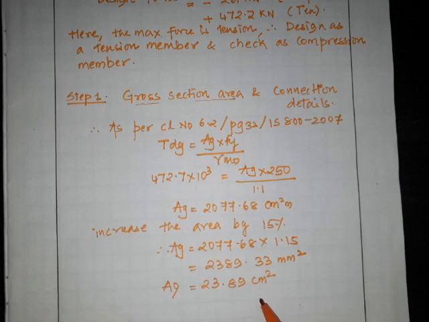So now what you have to do, you have to refer steel table and you have to find out a section of area having more or less little bit 5% more or less of this area. Okay, so you have to refer steel table, as I told you how to refer steel table. So for principal rafter we are going to use double angle back to back. So for that you have to refer steel table. Okay, so I will show you how to refer that.